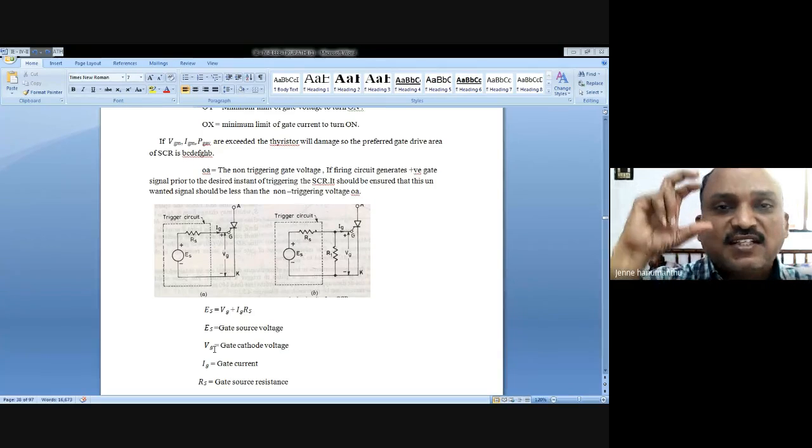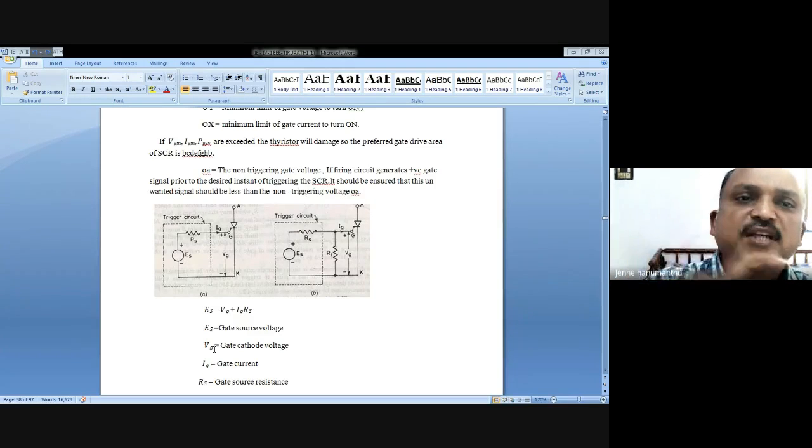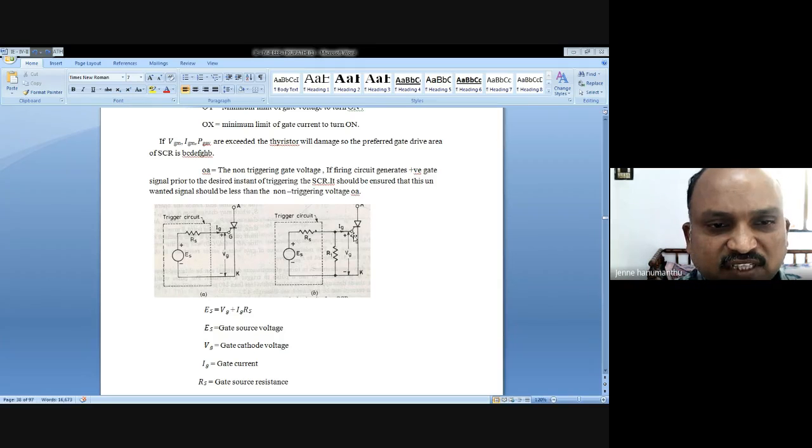So if you connect a resistor R, it provides some voltage drop. That voltage is enough for triggering the gate. So that is the meaning of SCR thyristor triggering with R. Thyristor triggering with R means how do you fire the SCR with resistor R? See, this is a thyristor, and we connected R as a resistor. This is called the thyristor triggering with resistor R.